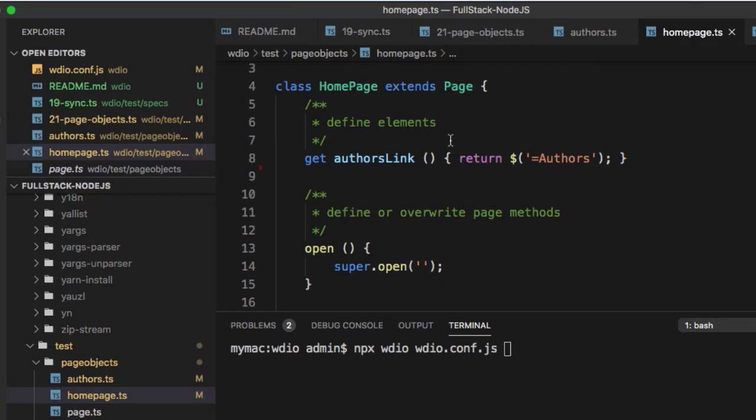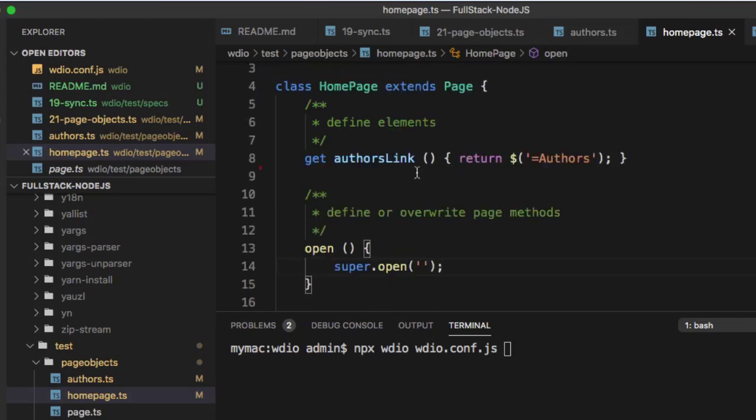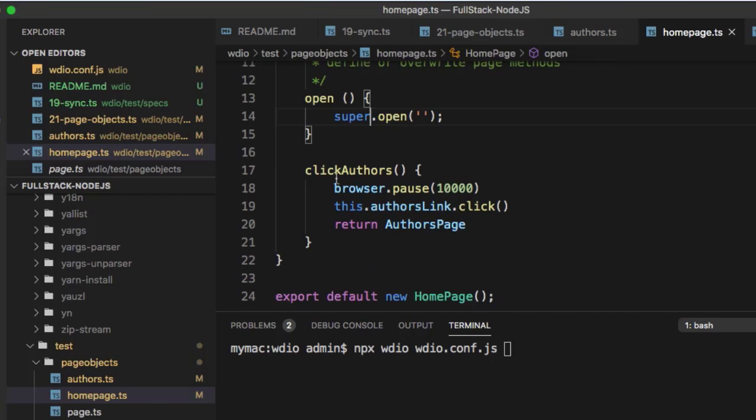So there is an authors link over there. You can see I'm using this syntax to get the authors link. Then whenever the open method or function is called, it is calling super.open. That means the base page open method will be called. Then clickAuthor.